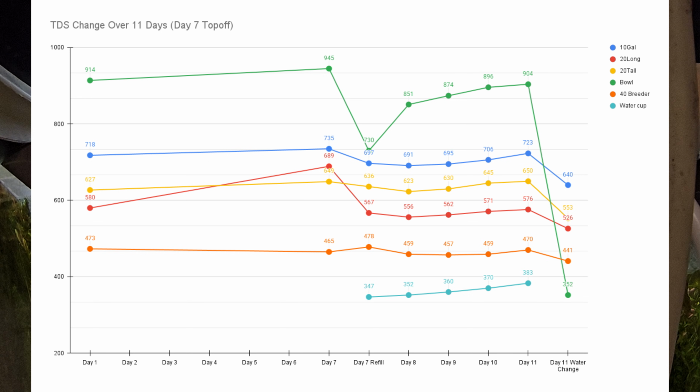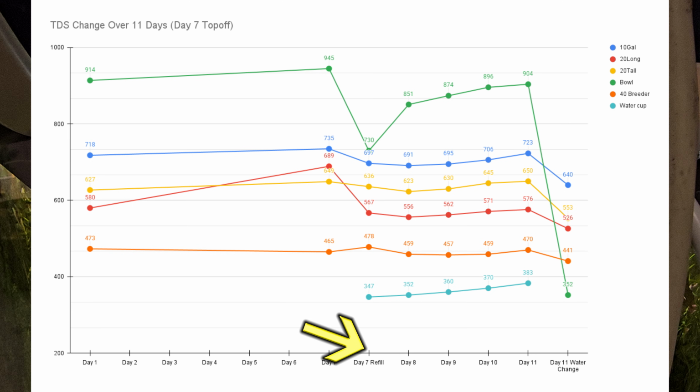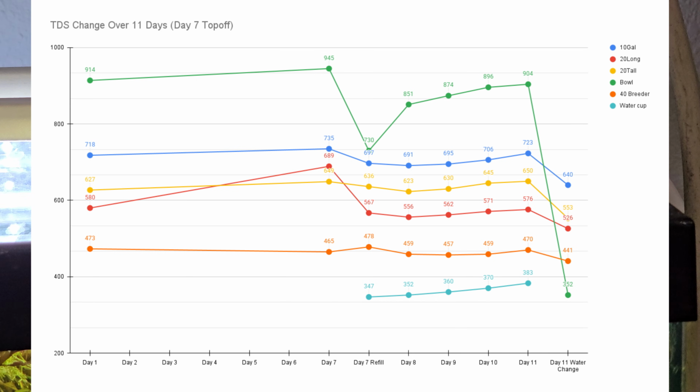So what you'll see, of course, is that again we have the initial first week there, and then I did a refill. I did not do any water change there. So at day 7, we've got a day 7 number, and then we've got a refill, so you'll notice the level will decrease on the TDS here. And then it goes right back up over time,